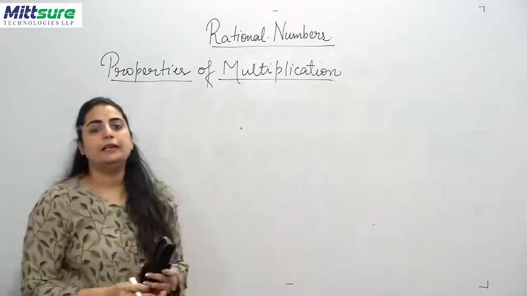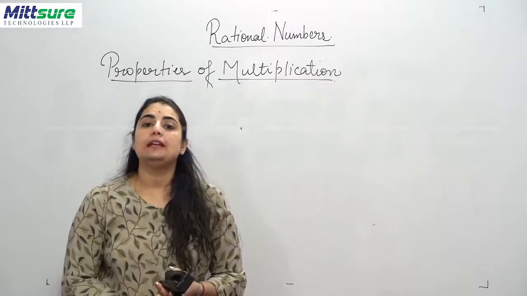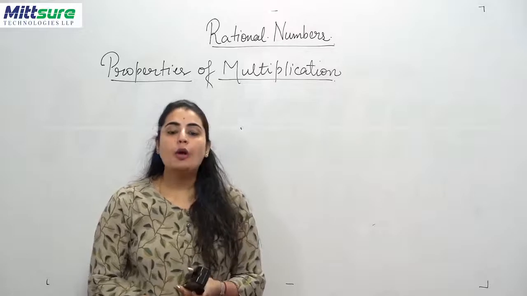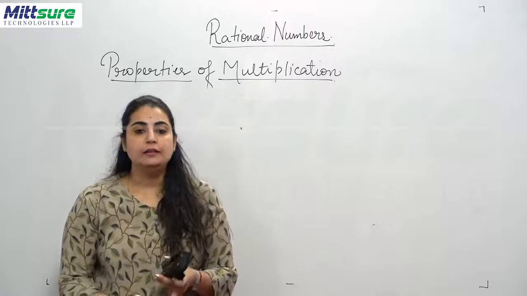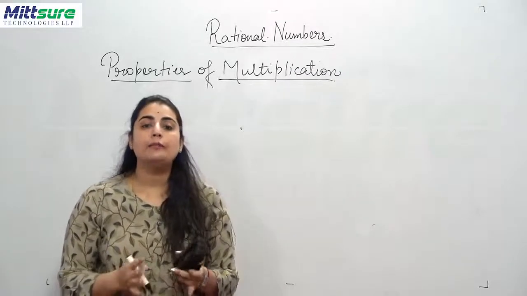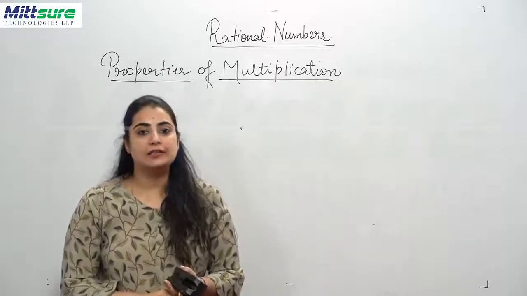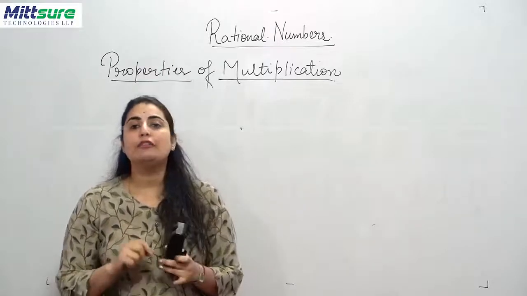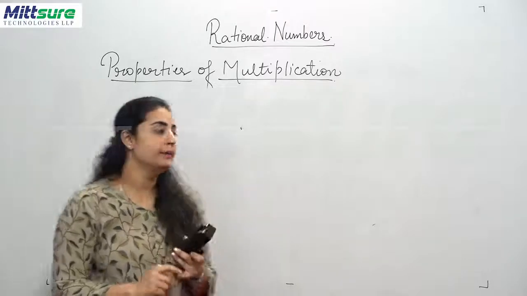The next property of rational numbers talks about the multiplicative inverse. Now what is this multiplicative inverse? You all must have heard one word, that is reciprocal, right? You all can recall this word reciprocal from the chapter fractions which you have studied in your 6th and 7th standards, right? So you all know the meaning of reciprocal. So first we understand what a reciprocal is.